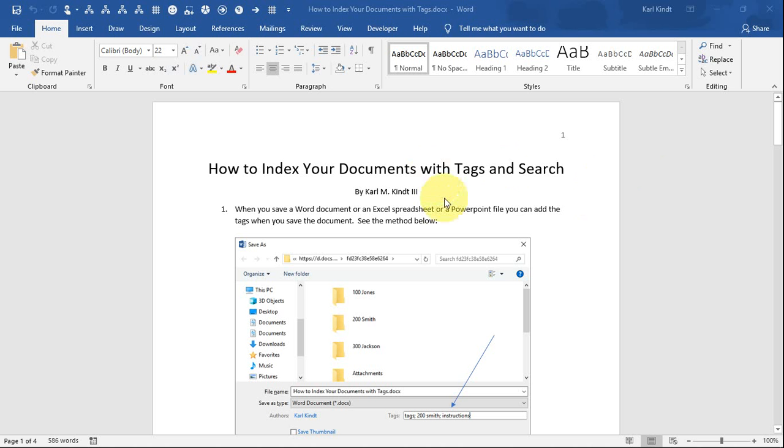So here I have a document on the screen. I've typed it up, and I want to save it, and I want to have some tags put into it so I can search for it later on. So I go up to File,